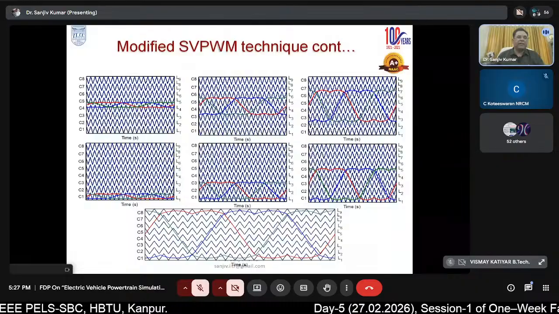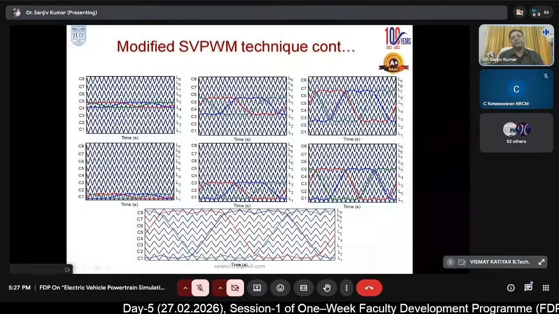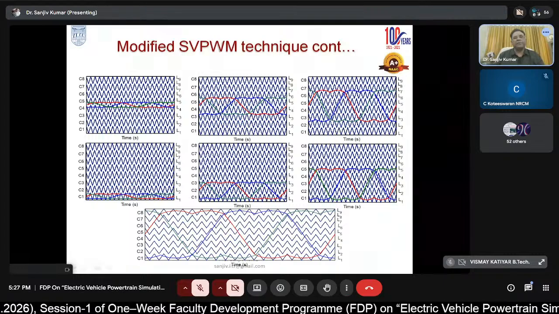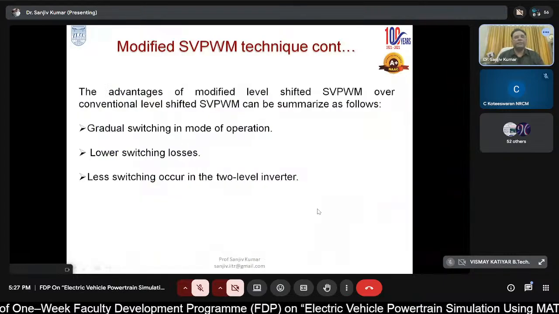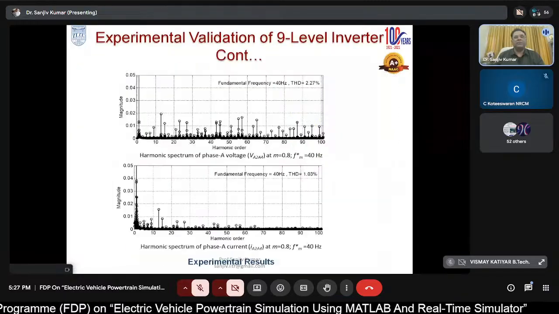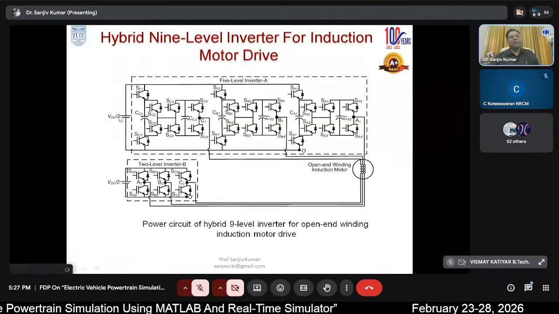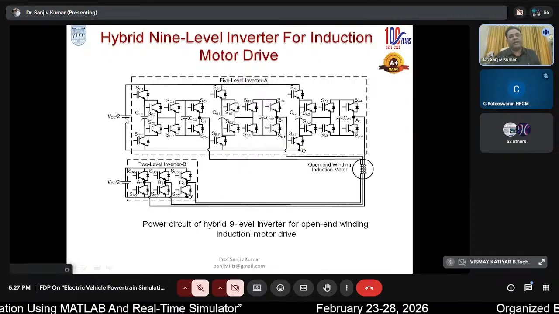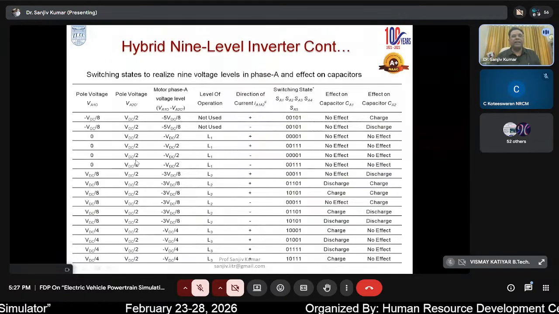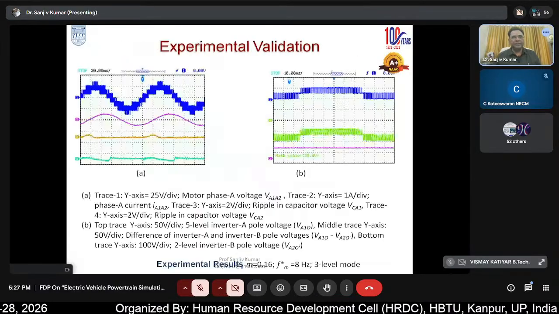And these are the 8 triangulars. And here you can see the variation of this DC offset based switching topology. It is like this, space vector based PWM, right? And these are the experimental results. Another topology I would like to show you is this. Here we have further reduced the DC links. They required 8 DC links, then 4 DC links, and now it requires only 2 DC links. And the same result we got in this, right?